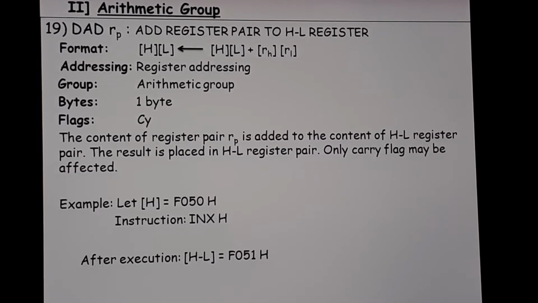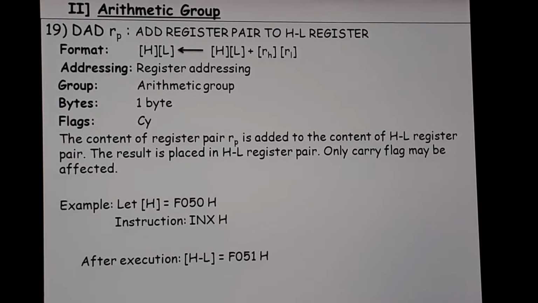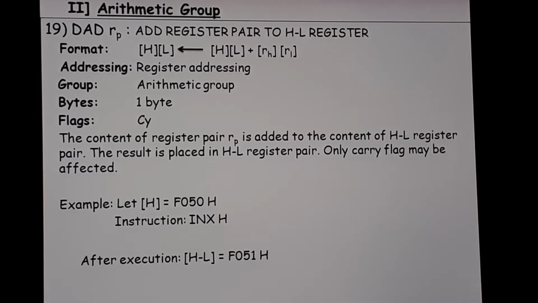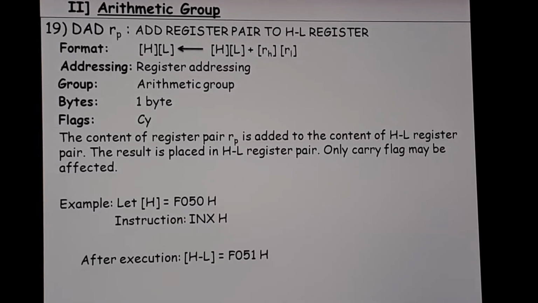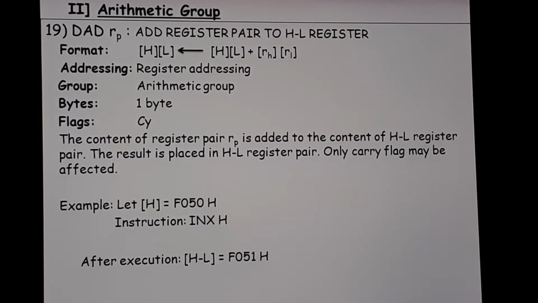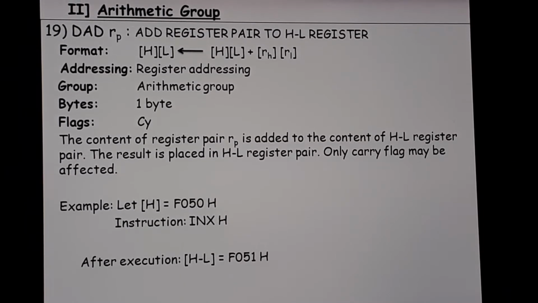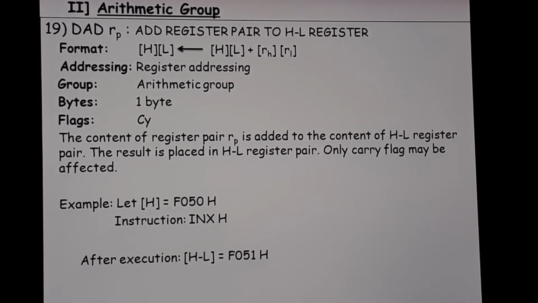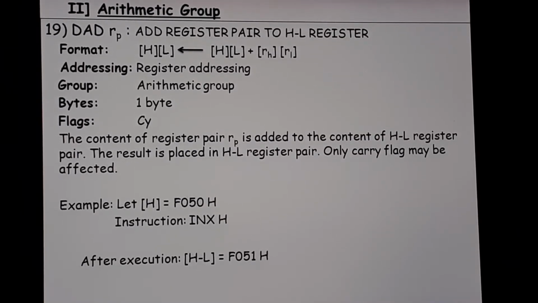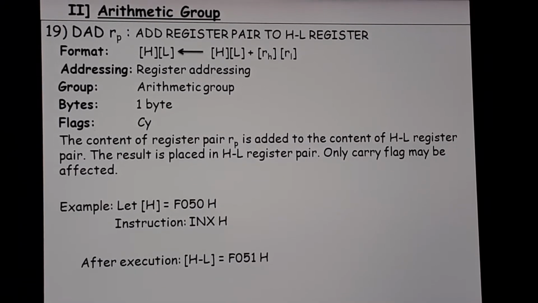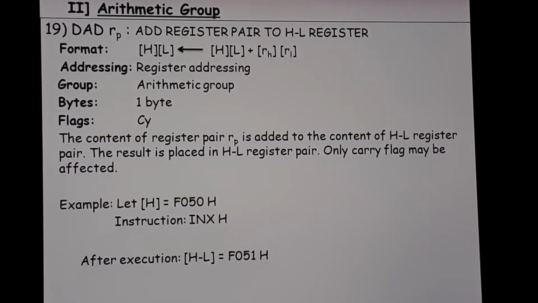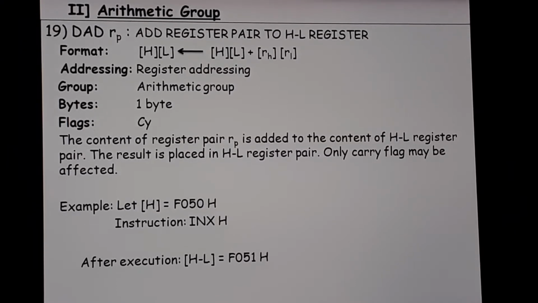Okay, so number 19 and number 20, which are very important, always come in the exam. Either one of these two instructions will definitely be coming in the exam, or they will ask you in the viva. So you have to study these two instructions very well. So the 19th one, let us start. The 19th one is a little different. These two instructions are a little different as compared to the other instructions in this particular group, so hence you need to study these two instructions very well.